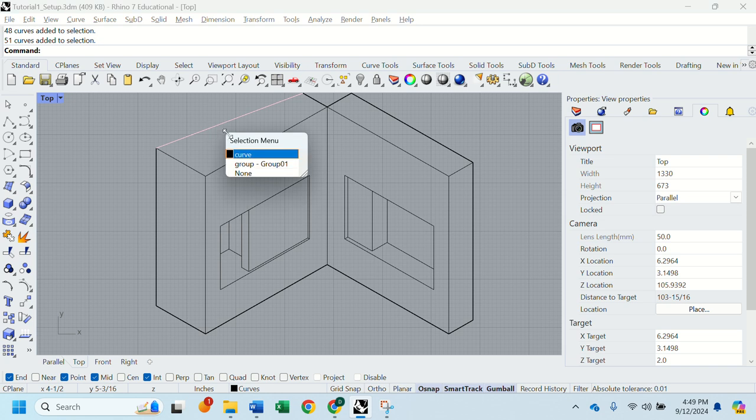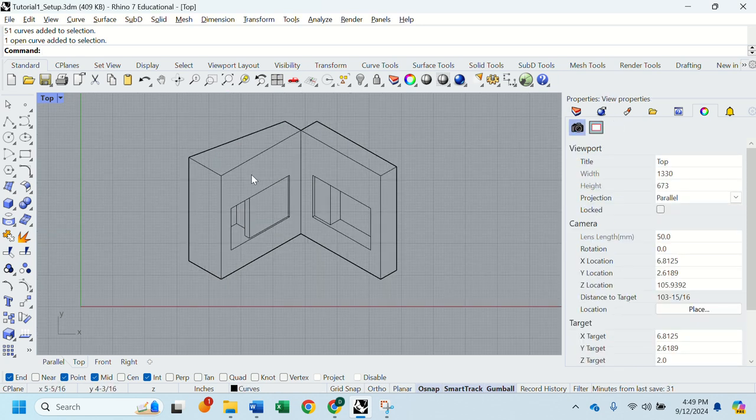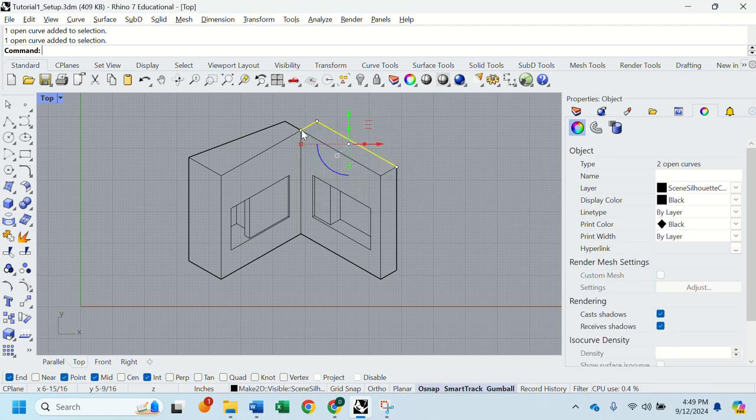So this is pretty good. It's good that we have this silhouette line here that's dark. Now we can change that. Okay, so as long as we've got all these